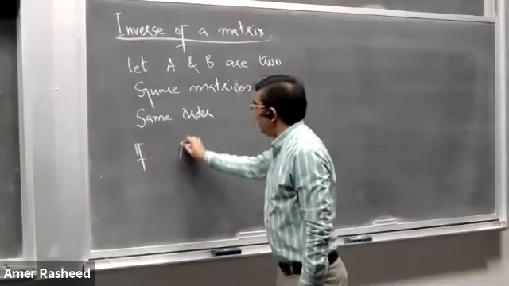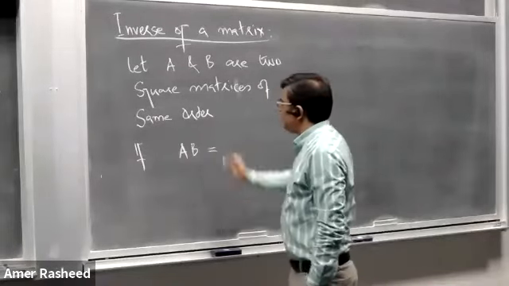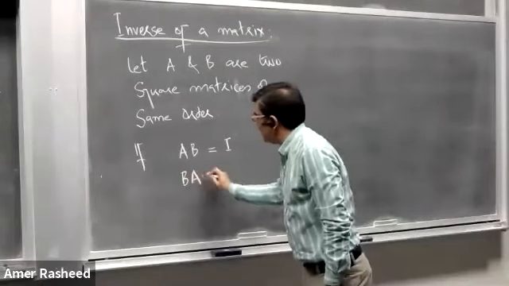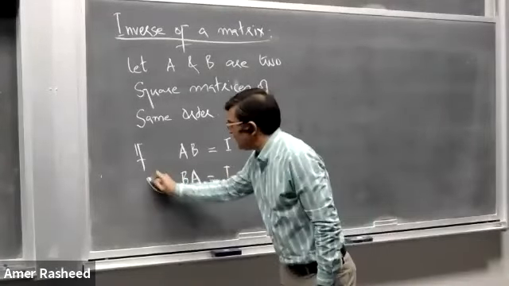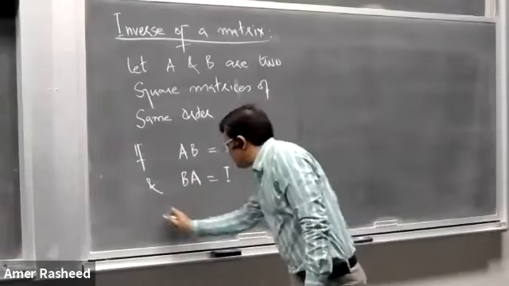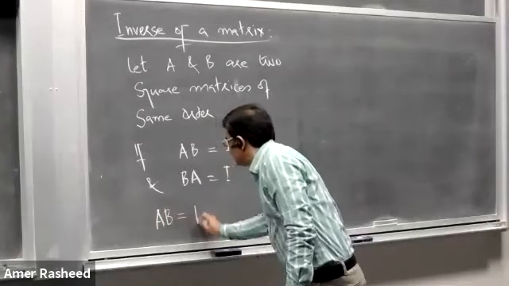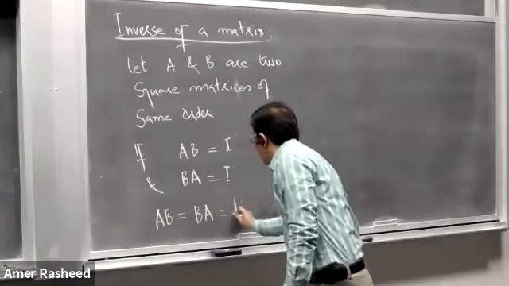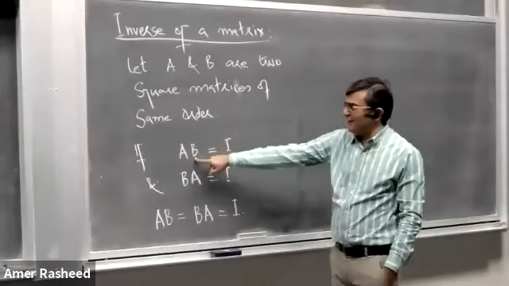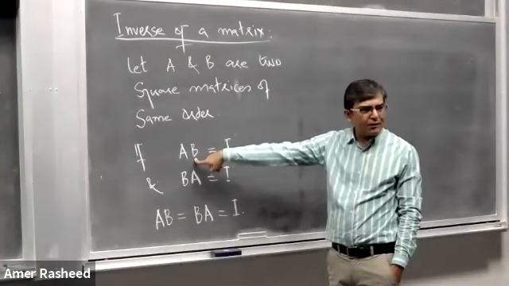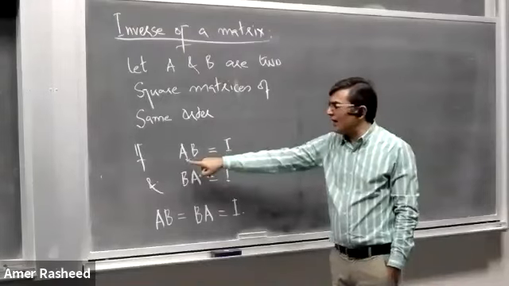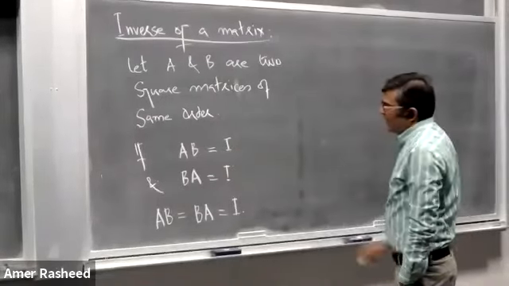If A into B is equal to I and B into A is equal to I. Sorry, not or, and. Means you can combine these two things. You can write AB is equal to BA is equal to I. What is I? I is the identity matrix of the same order as A and B. If this is true,